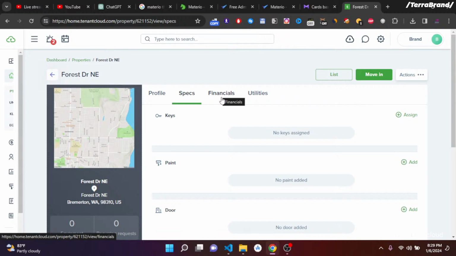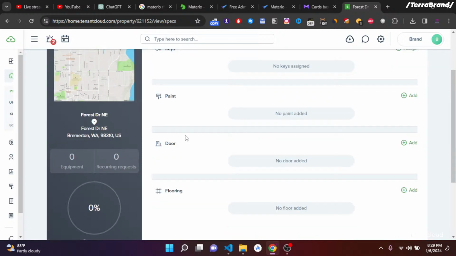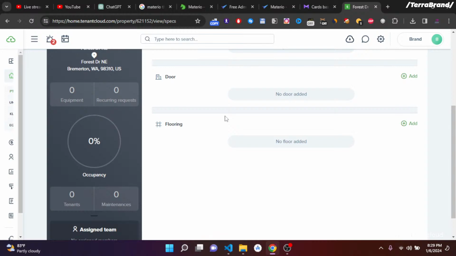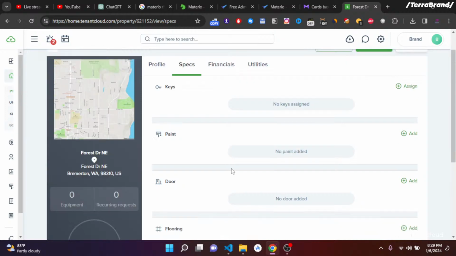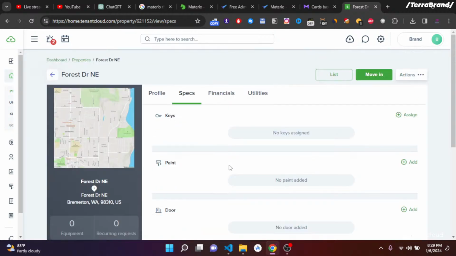But if you have too many entries, like here, profile, specs, financials, utilities, keys, paint, doors, all this, it's useful, but most of the time people just want to manage the payments, the rents, the leases, the documents, and these other details we can just put in a note or something, whereby somebody can just